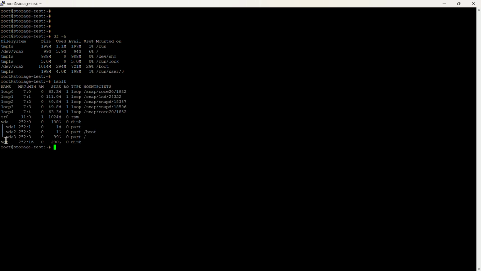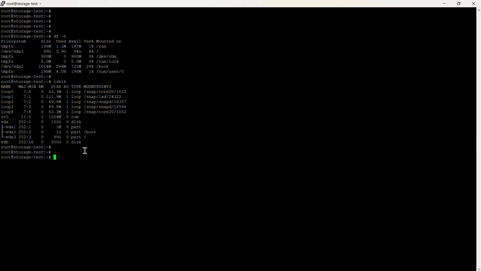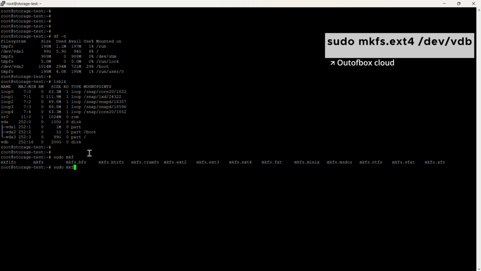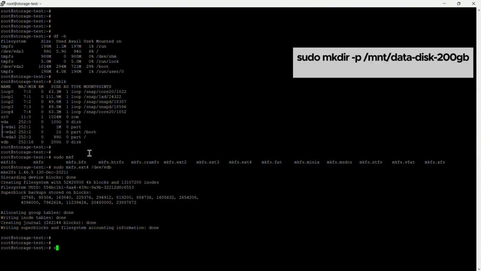In my case, the added block device is showing as vdb. Format the entire disk directly by using the command shown. Now create a mount point, a directory where the disk will be mounted.